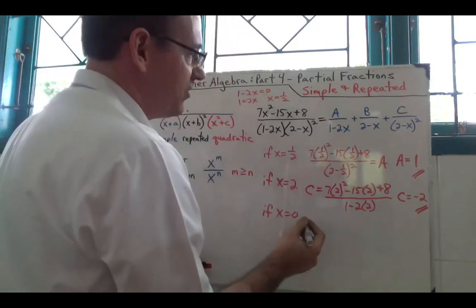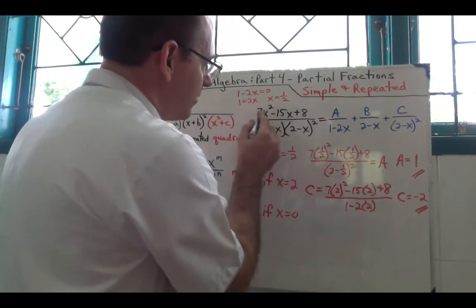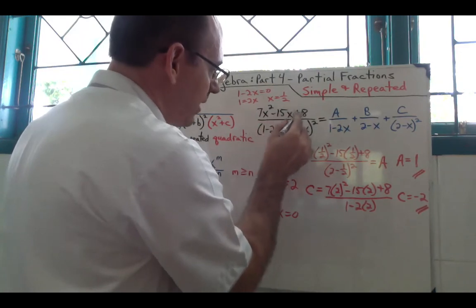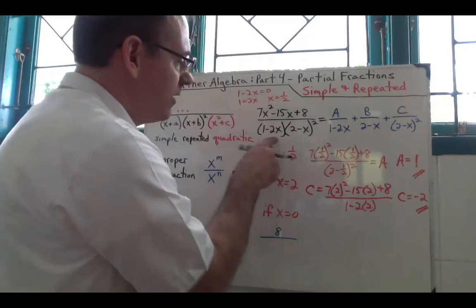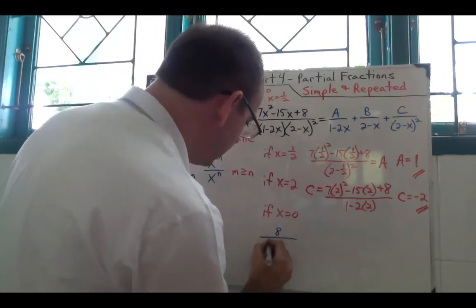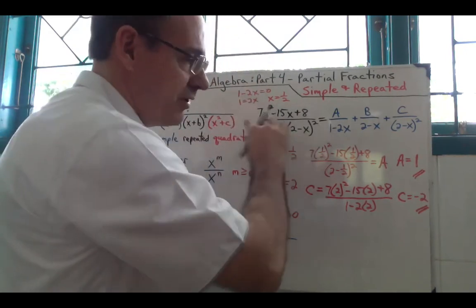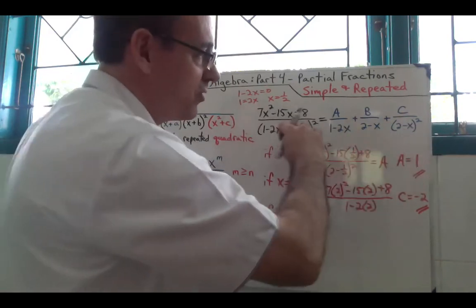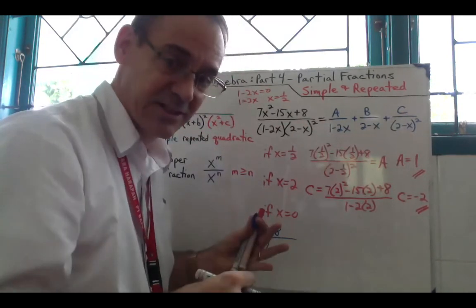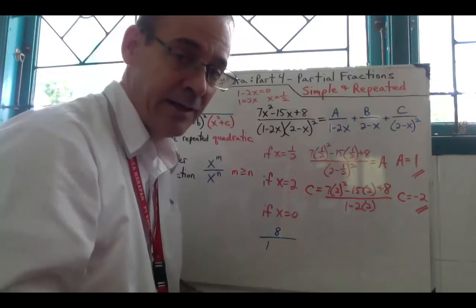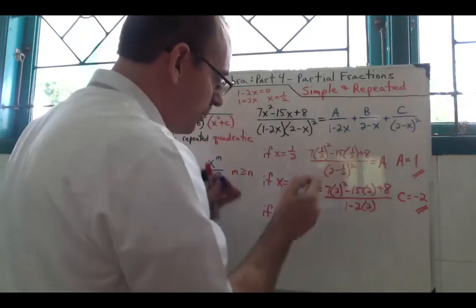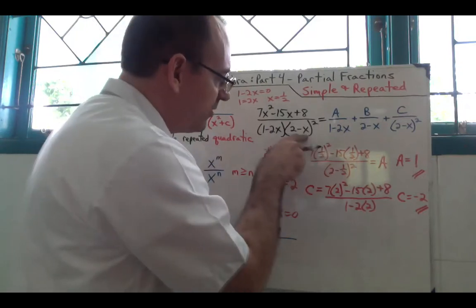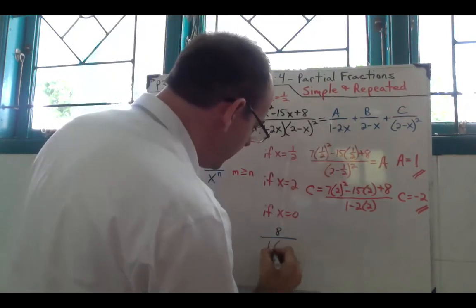So if we plug in a 0, we get 0, 0, 8. We just have 8 on top, over, if we plug in a 0, we have 1. And if we plug in a 0 here, let's just say we don't multiply everything by 2 minus x. Just leave it there because we can't plug in a 2 anyway. So we'll just leave it and plug in 0. So if we plug in 0, we get a 2 squared